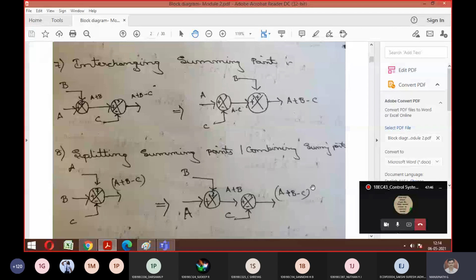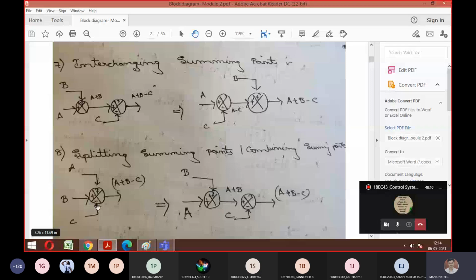So coming to next, splitting of summing point. The summing point does not only have 2 signals. I can mix more than 2 signals, I told you. So addition or subtraction of 2 or more signals. So look at this summing point. It is having 3 signals. A is given to plus, B plus, and C is given to minus. So it means A plus B minus C. So 3 signals are in one summing block.